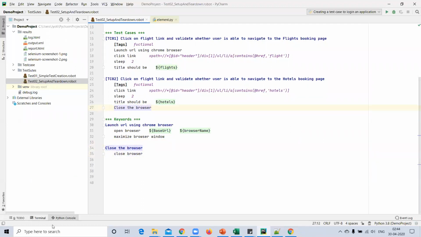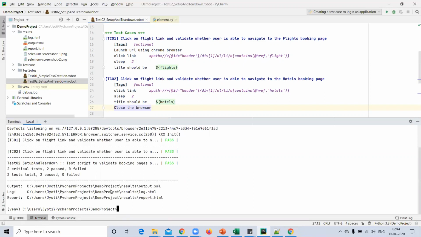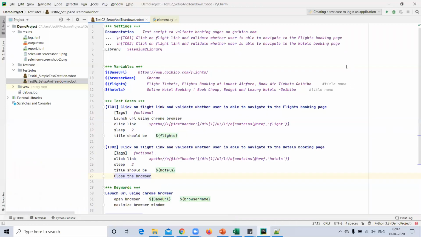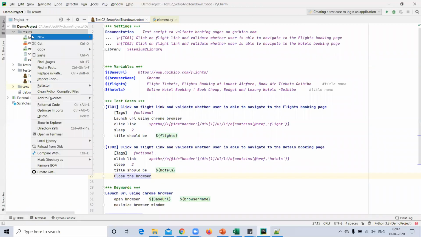And then closing the browser. Now coming to the results. See the result.